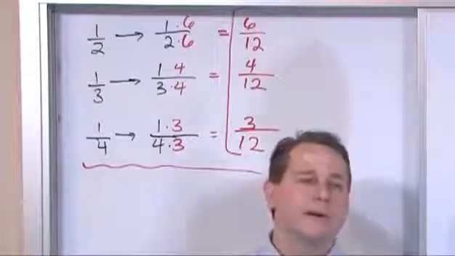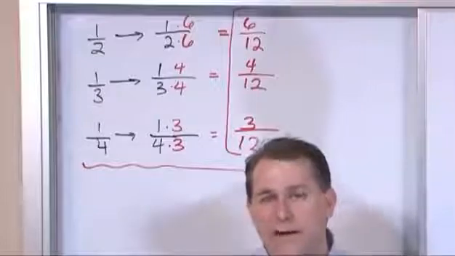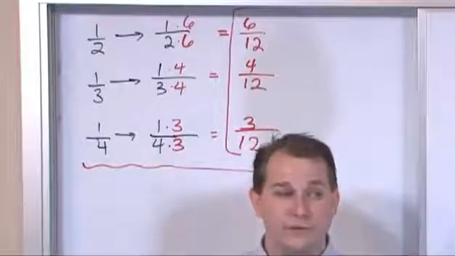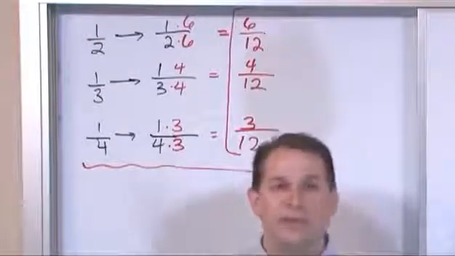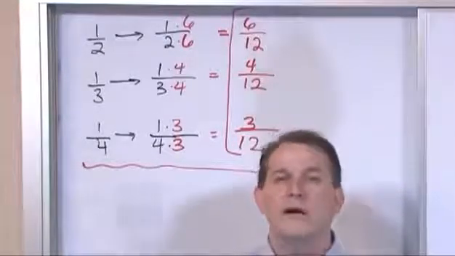And so if you are having a hard time looking at two fractions and realizing which one's larger, which one's smaller, then the easiest way to figure that out is to put them in terms of a common denominator. And then it'll be just like reading it off the page. You won't have to do any work at all. You'll just have to read the